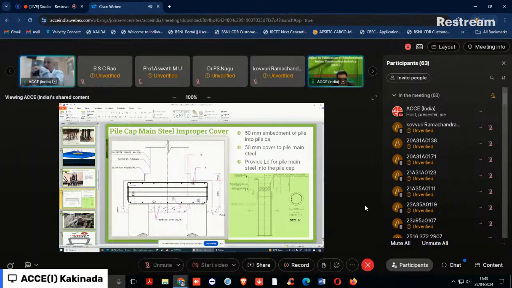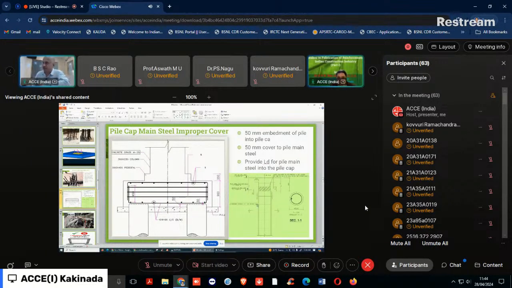At the bottom, from the bottom of the PCC at the bottom of the pile cap, your minimum cover can be 100 mm. If we are adopting 75 mm embedment, then 125 mm is the cover for the main steel. And one more mistake is the side cover: it is 75 mm, not 50 mm, in the case of piles also. The reason behind it I have just explained. And one more thing that is generally a mistake is